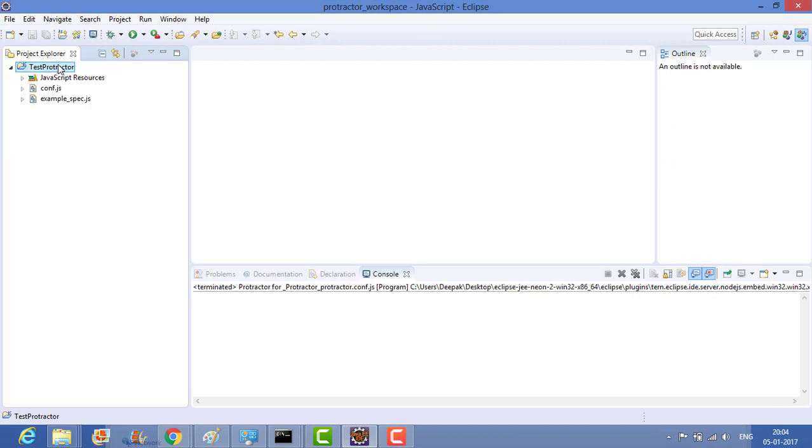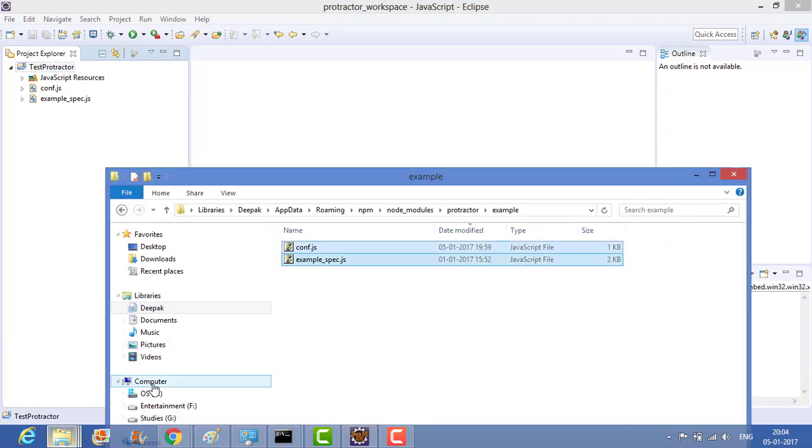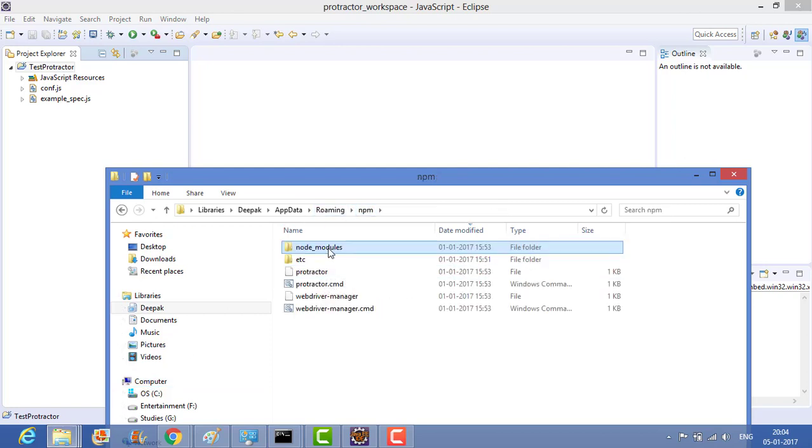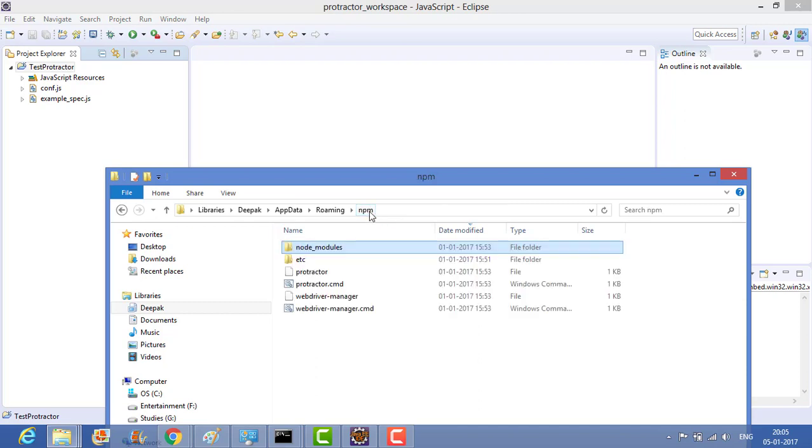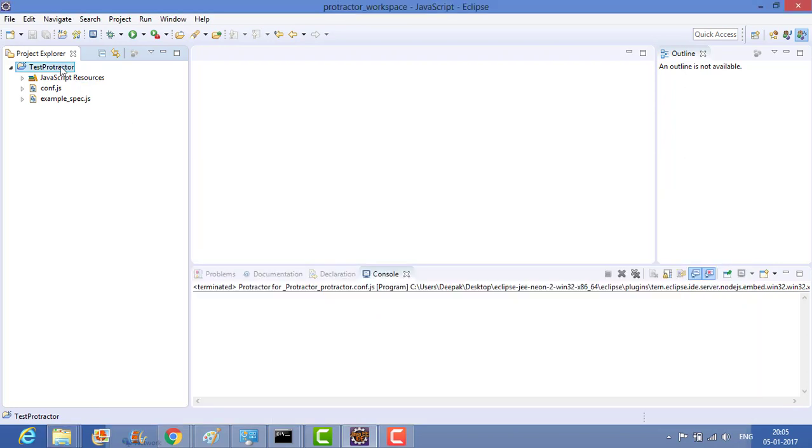Now our Protractor is a Node-based project, right? Whatever we have installed for Protractor, like when we did npm install protractor, the node_modules folder was generated, right? So we will copy the same folder into the project directory, because our main aim is to access all the files of Protractor. So this is Protractor, then this is bin. We will use this Protractor file as well as the WebDriver manager. So we copy the node_modules and paste it in our project directory.